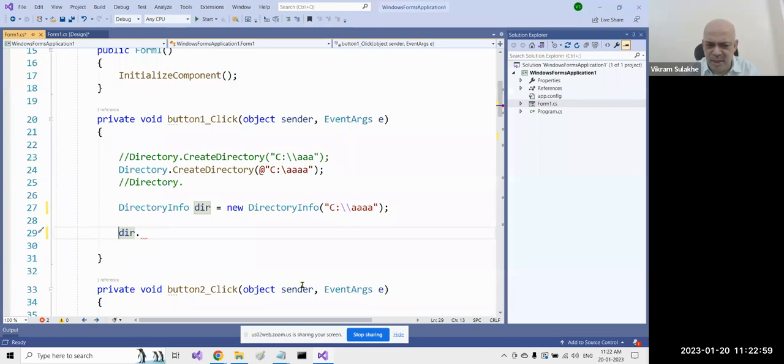Now, instead of doing it through the directory object, you can also